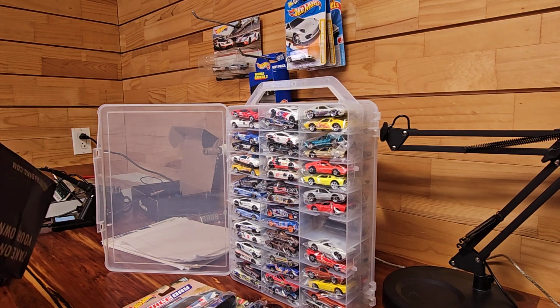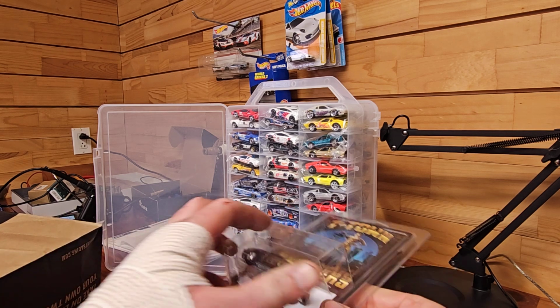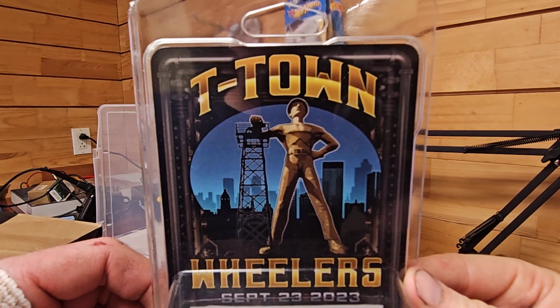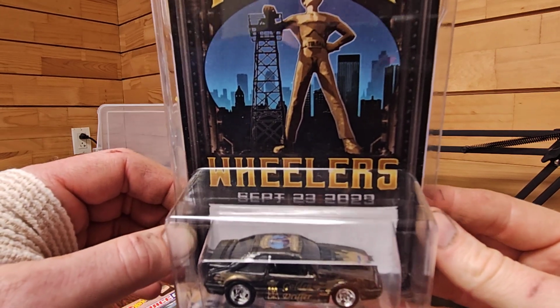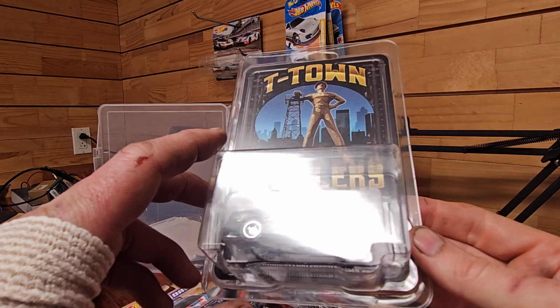And for the big reveal, where am I going to get these things? At the show. This is the T-Town Wheelers. This is our local club. It's based in Tulsa, Oklahoma. September 23rd. That was today. And there was a guy there,